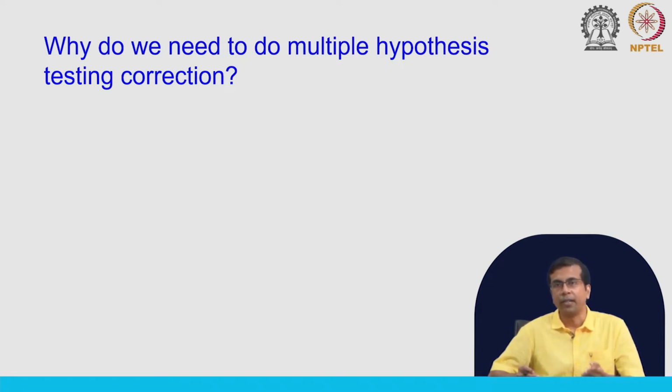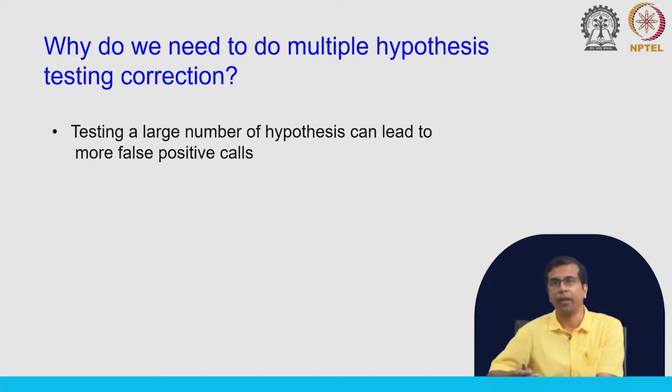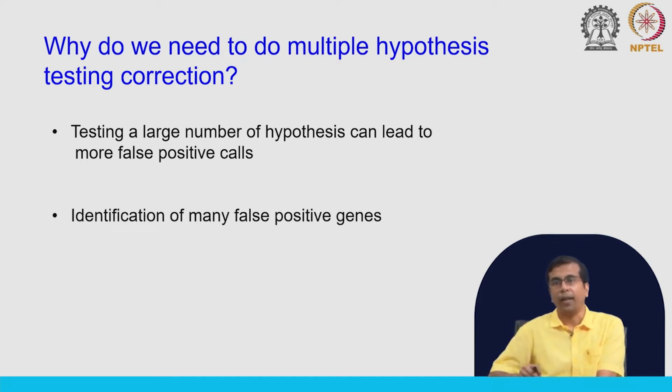Okay. So, as you will see, you need to do this for all cases where you are testing multiple hypotheses, and especially where you are testing a large number of hypotheses. The reason is very simple: testing a large number of hypotheses can lead to more false positive calls. I will mention what a false positive is in a moment, for those who are not familiar with these concepts of statistics, and in our case it means we will identify many false positive genes